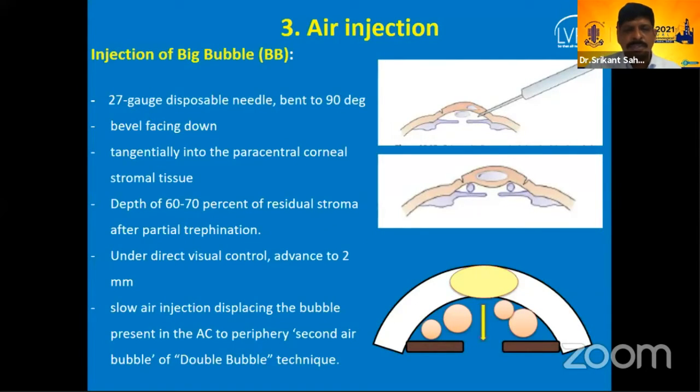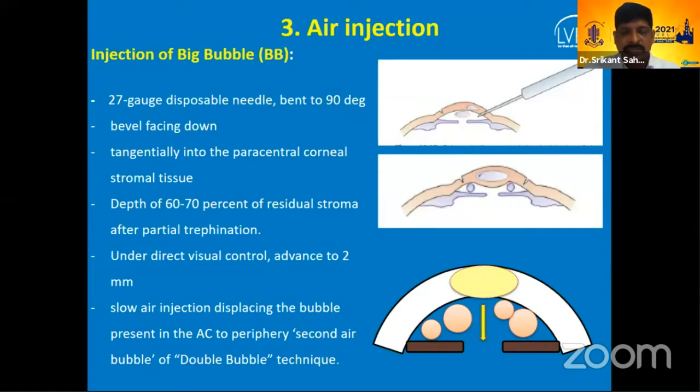So once we put the small bubble, then what we do is we take a 27 gauge needle and bend it 90 degrees, which makes it parallel to the curvature of the cornea. Now, if it is a thicker needle, it is difficult to go deep inside. If it is a thinner one, it usually perforates. So I prefer 27 gauge needles. Some people do prefer 30 gauge needles, but then the force is different. So you need to be used to one particular gauge, and a 5 ml syringe is what I prefer. So the pressure should be good.